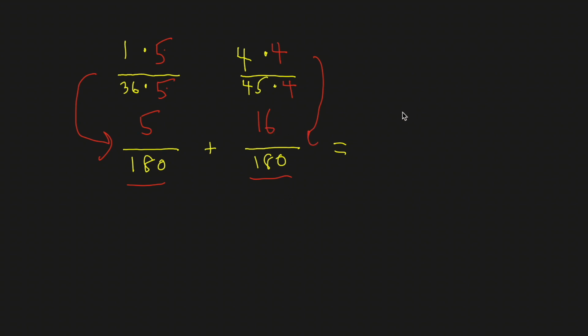Now we just add the numerators. We get 5 plus 16 over 180, which is 21 over 180, which, when reduced to lowest terms, is 7 over